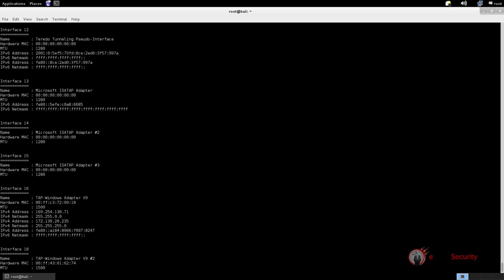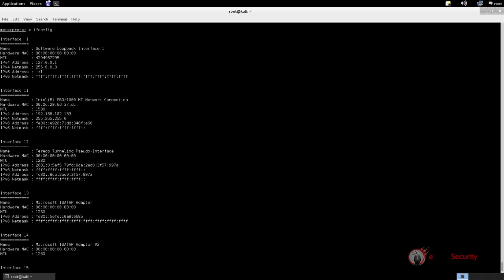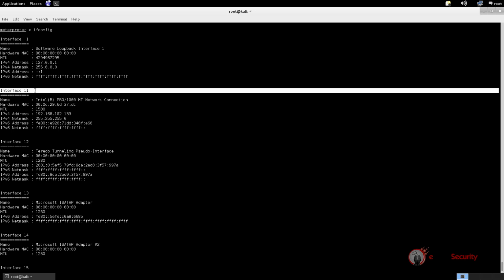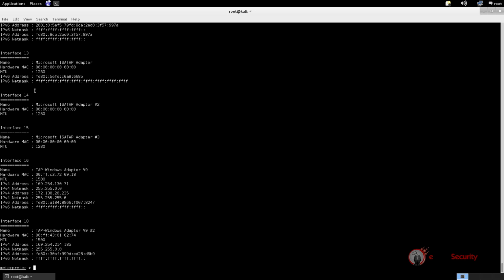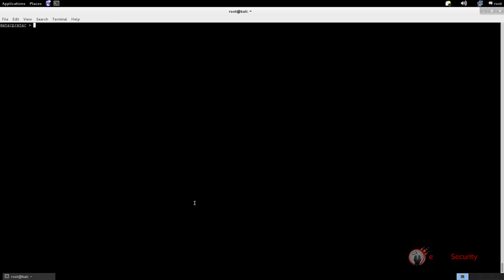As we can see, there are a lot of interfaces here. Some of these are physical interfaces, such as interface 11. Here indeed, we can see the current IP address of the machine. Some others are instead virtual interfaces. For example, interfaces 16 and 18 are virtual interfaces created by OpenVPN. This is good information. Indeed, we now know that the machine may use a VPN to establish a connection on